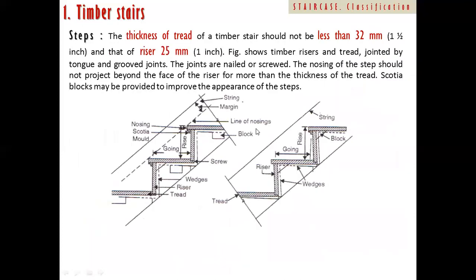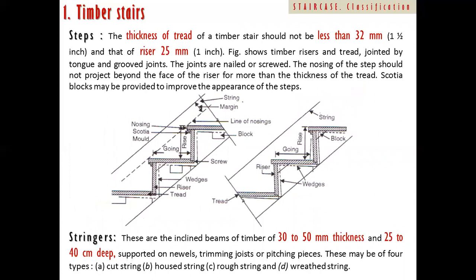As part of these steps, as we discussed last time, the tread and riser proportion: the tread will be a minimum of 300 mm and the riser around 150 mm. That is the proportion they go for, as the standard says, a 150 mm riser and a 300 mm tread. The thickness of the tread of a timber stair should not be less than 32 mm, and the riser 25 mm, but it can be